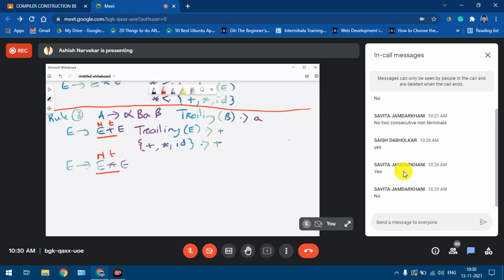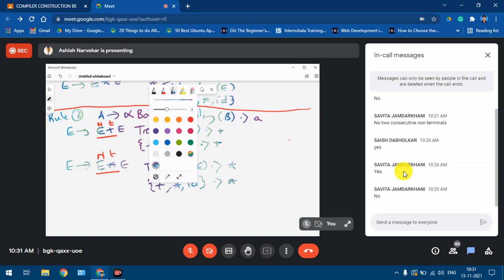So what we'll get here is trailing of E having precedence over star. So trailing of E is plus star ID having precedence over star. I believe the third production that we have, that is E gives ID, we cannot apply this rule. So application of rule 3 is over till this point.